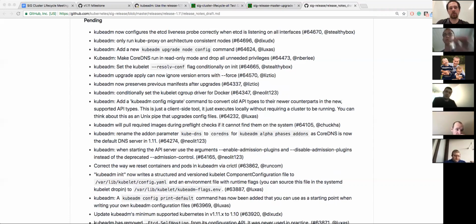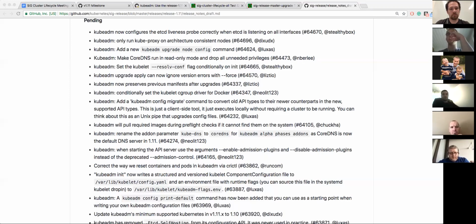So apart from the auto-generated release notes that come from the PRs, do we actually have to edit stuff, like adding paragraphs of text in there, or no? I often do. In other releases, if there's something needed to be clarified, like add a new kubeadm upgrade node config command, for example. If I realize that this is too little information that is actually of worth, I might add a sub-paragraph.